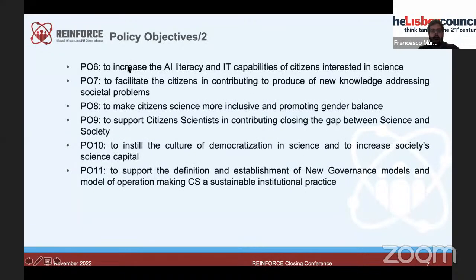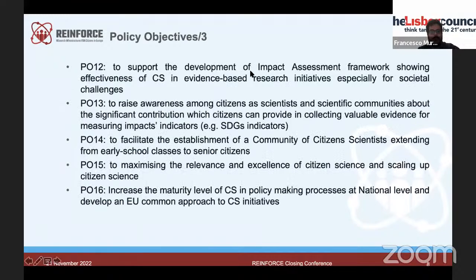Other interesting ones are, for instance, increasing the IT literacy of citizens who may be interested in science and in citizen science in general, or making citizen science more inclusive by promoting gender balance. This is also one of the topics addressed in new calls of Horizon Europe that will be published very soon.